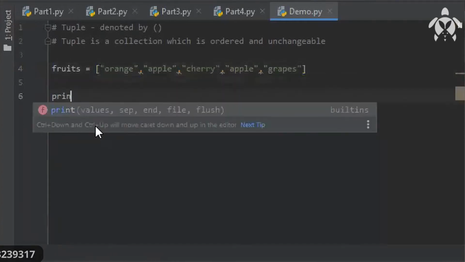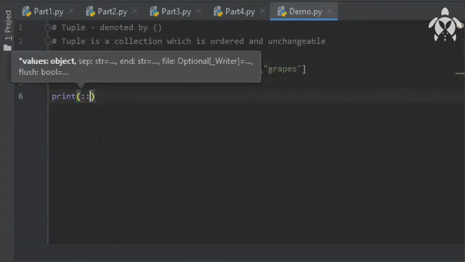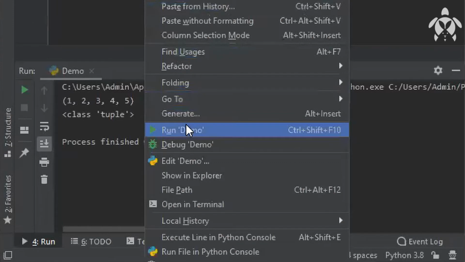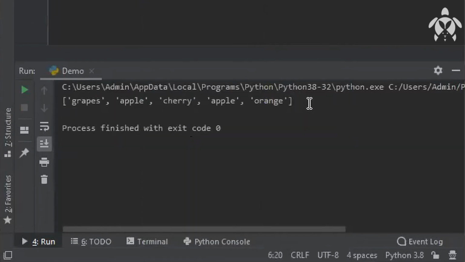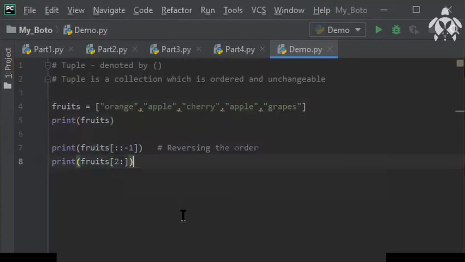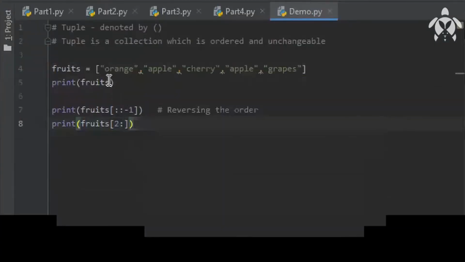And suppose if you want to print out all the values, I'm writing -1. Closing my round brackets. If I run this program, this is actually a reverse format of this. Suppose if you want to print all the values from 2 to all the values. So let me run and show it to you. So you're getting 0, 1, 2. 2 is cherry, and cherry, apple, grapes, you're getting all the output.